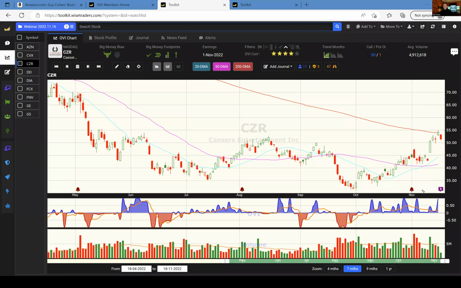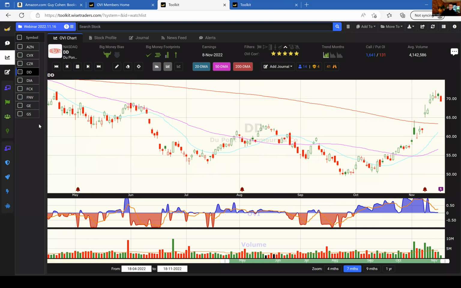Now, you might not get a full house of big money footprints, but you'll have enough to make a case for something interesting going on. This was DuPont. Lovely poisoned water that they do. Now, here's the thing with DuPont. This just looked amazing. Just look at it. I mean, it really is our stuff. So you've got a cross and hold of a key level there and there. Now, notwithstanding there's earnings here,